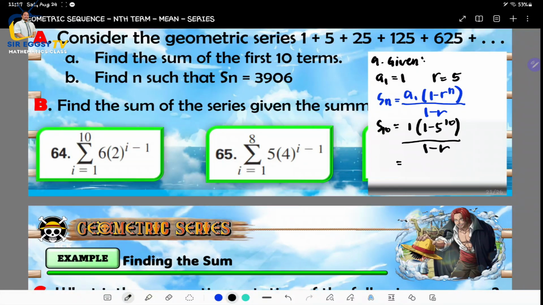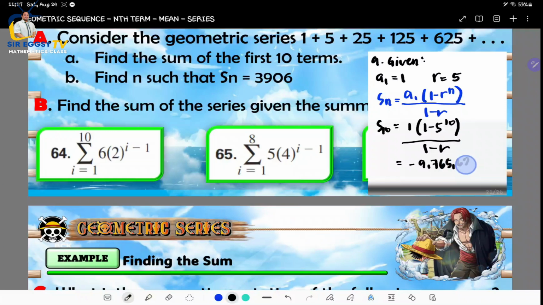And by simplification, you will have 1 minus 5 raised to 10, which will give us negative 9,